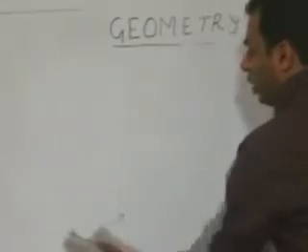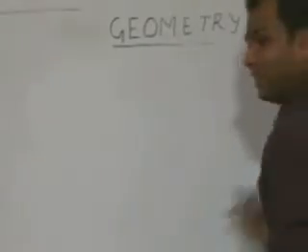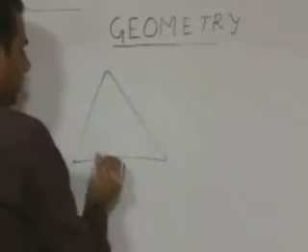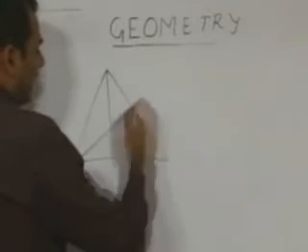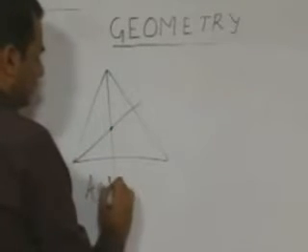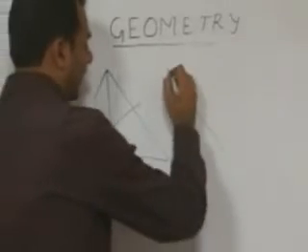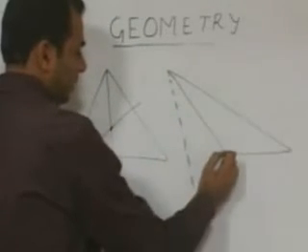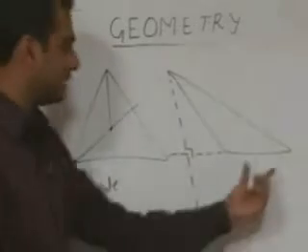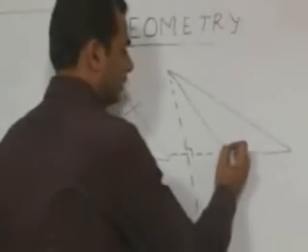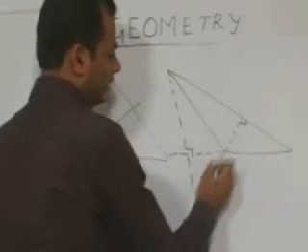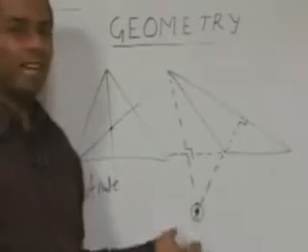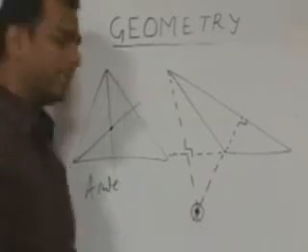And one more thing here, that the orthocenter can also lie outside the triangle, like the circumcenter. So orthocenter, in case of acute angle triangle, will always lie inside the triangle. In case of obtuse angle triangle, if I draw a height from here to here, this angle is 90 degrees by extending this side. And if I draw a 90 degree angle here on this triangle, they will meet at this point. So in case of obtuse angle triangle, the orthocenter will always lie outside the triangle.